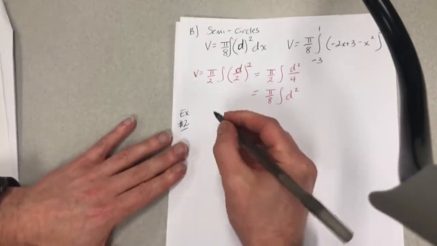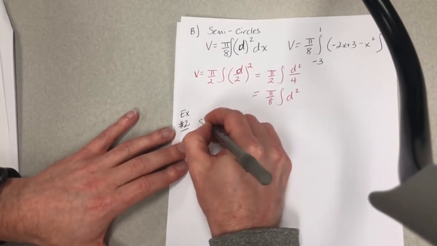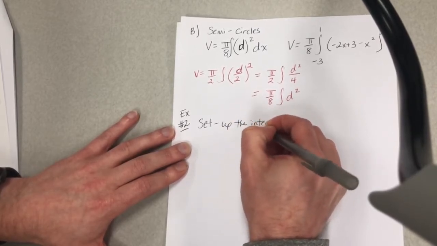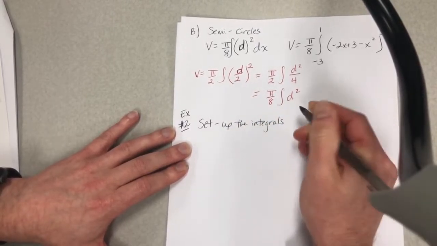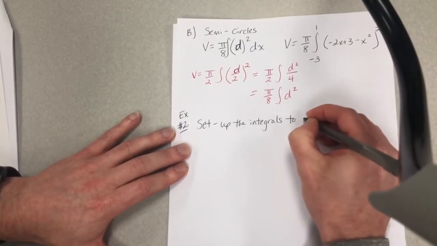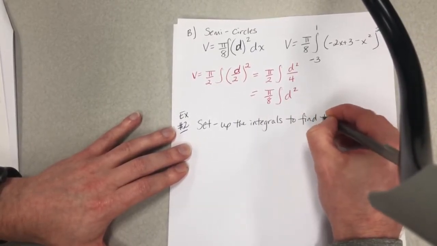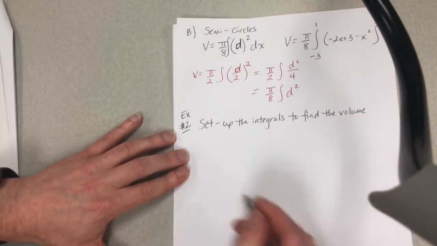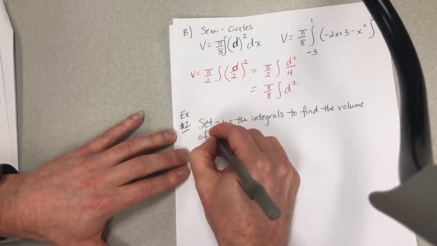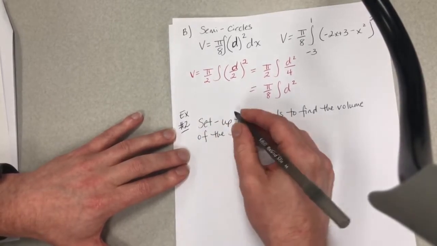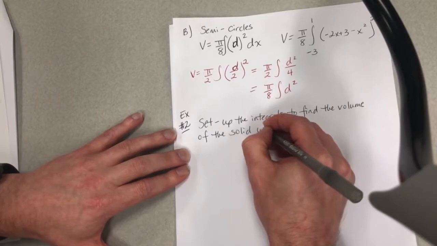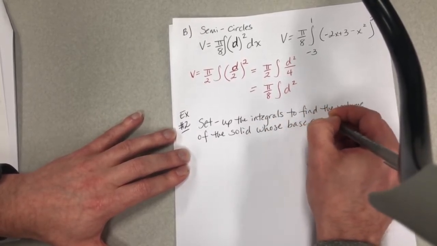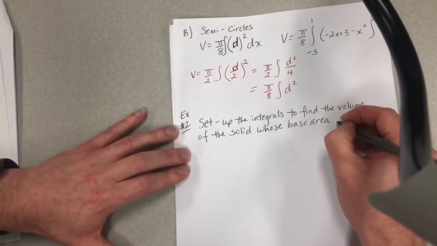Okay, so set up the integrals to find the volume of the solid whose base area is bounded by